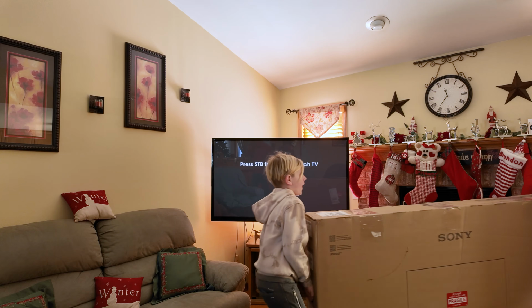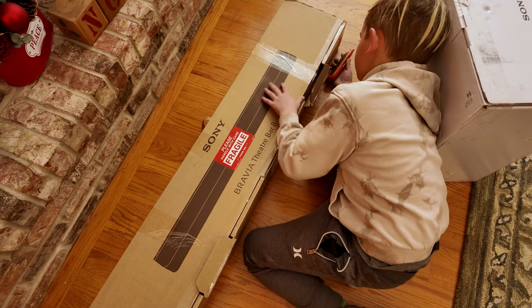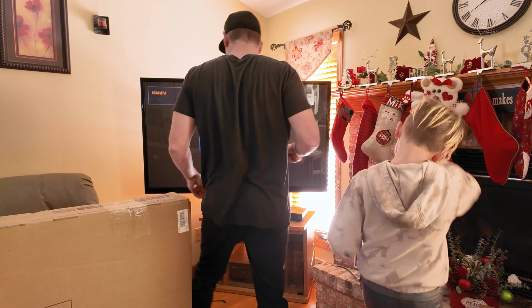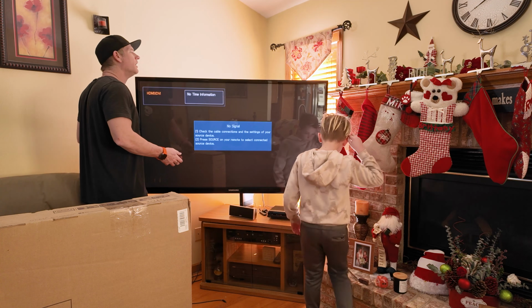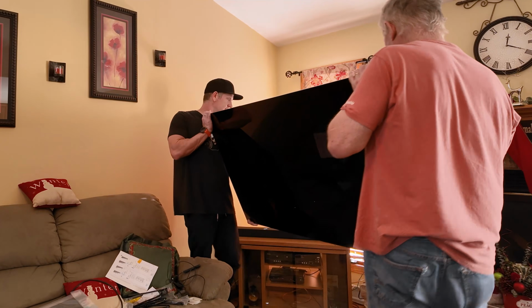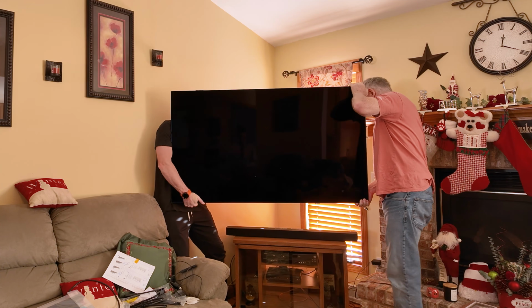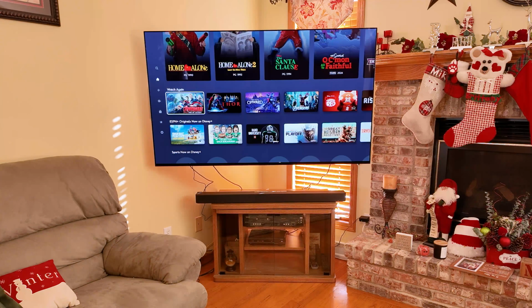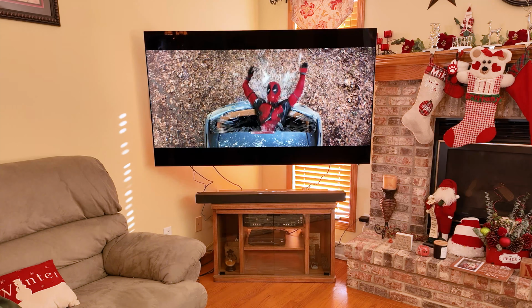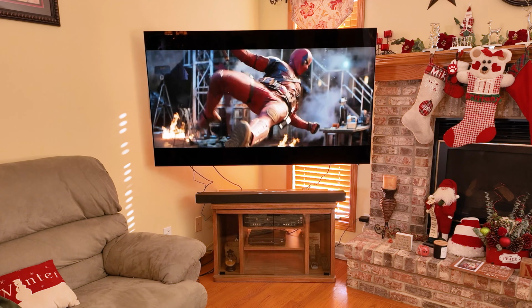Now, to talk about the Bar 8, I actually have to take you with me to Wisconsin, where I dropped off a fabulous 65-inch Bravia 8 along with the Bar 8 for my parents to use in their house. And they were coming from basically just a 2-channel Yamaha receiver with some old speakers. I'm not even sure what kind of speakers they were, but adding the Bravia 8 TV, where we had a 60-inch Samsung, I think it was, an LED from back in 2013, was quite the upgrade for my father. He's been wanting a TV for a while, so I'm happy